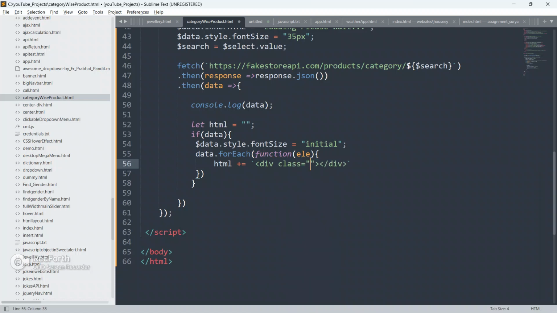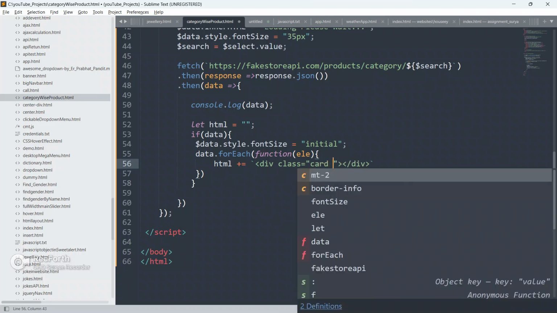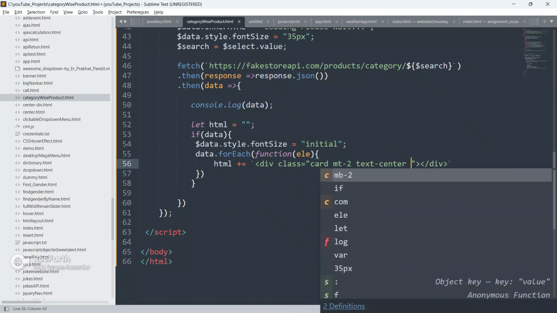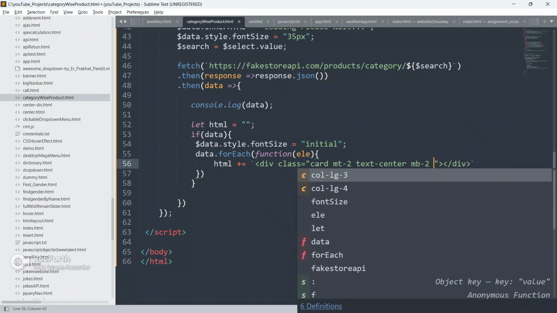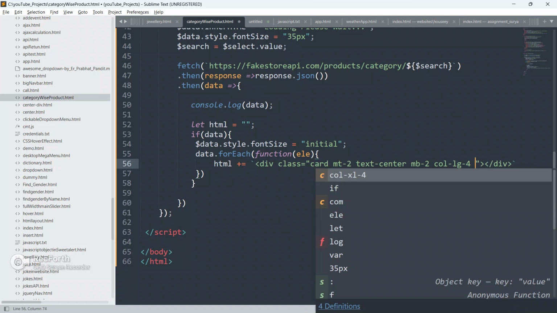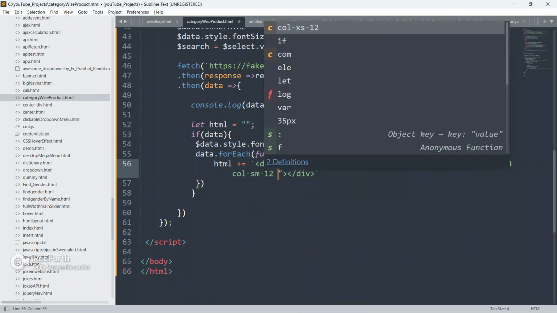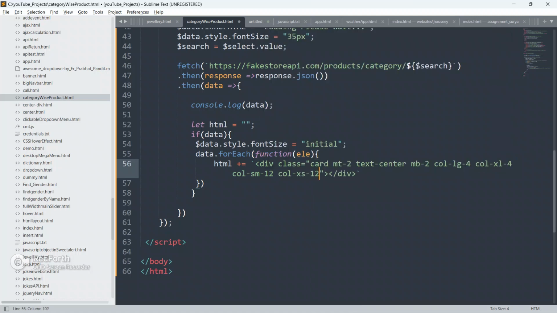And inside this div create a class, give it a class as card, margin top 2, text center, and MB2, and col-lg-4, col-xl-4, and col-sm-12, and col-xs-12.